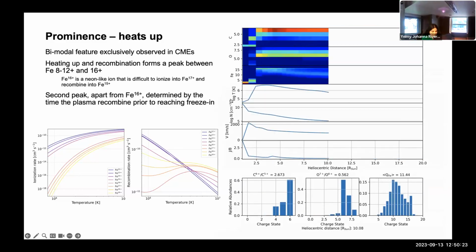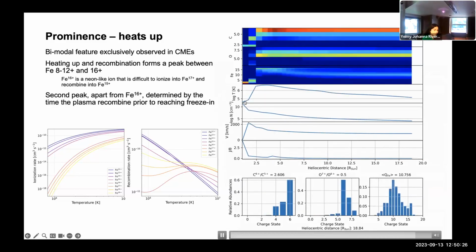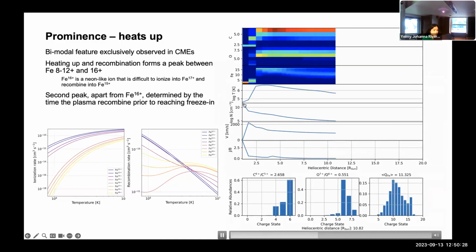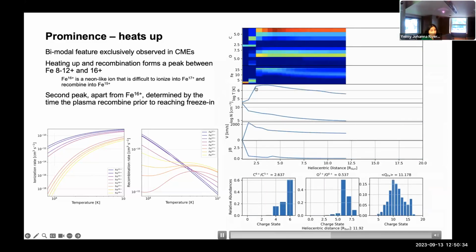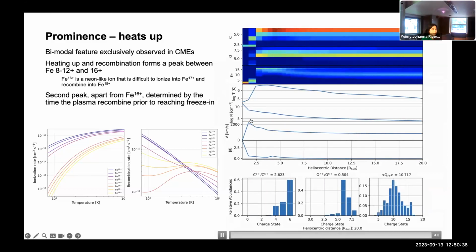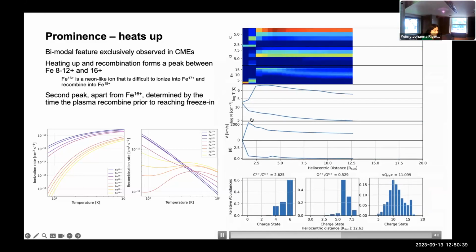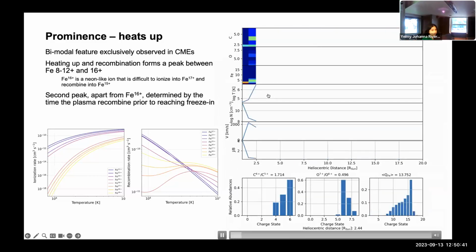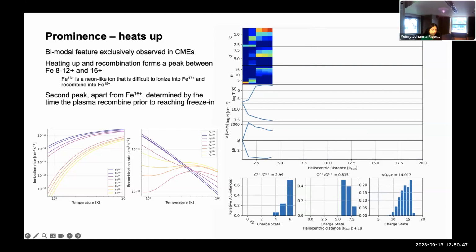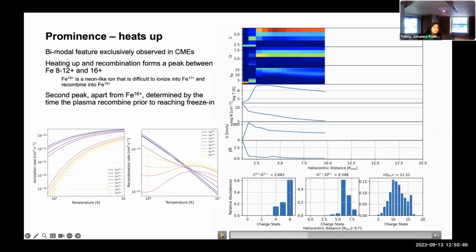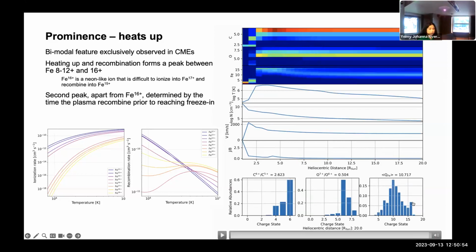But what you see is the initial conditions in this case for this tracer particle, very cool, very dense at the beginning, right at the sun. And then we see this plasma very quickly heating up, starting to expand, accelerated to over 2,000 kilometers per second in this case. You can see that being reflected in the charge states as well. And at the bottom, you can see the evolution of the different charge states. Generally, what we see is that this evolution was able to reconstruct that double-peaked distribution in the iron. So you can see, at the edge of the simulation box, this would be where our freezing generally happens.